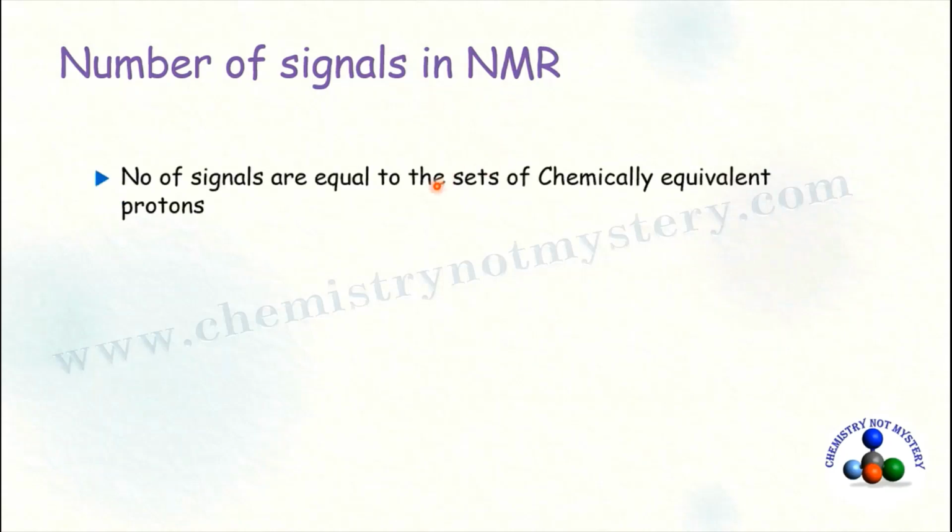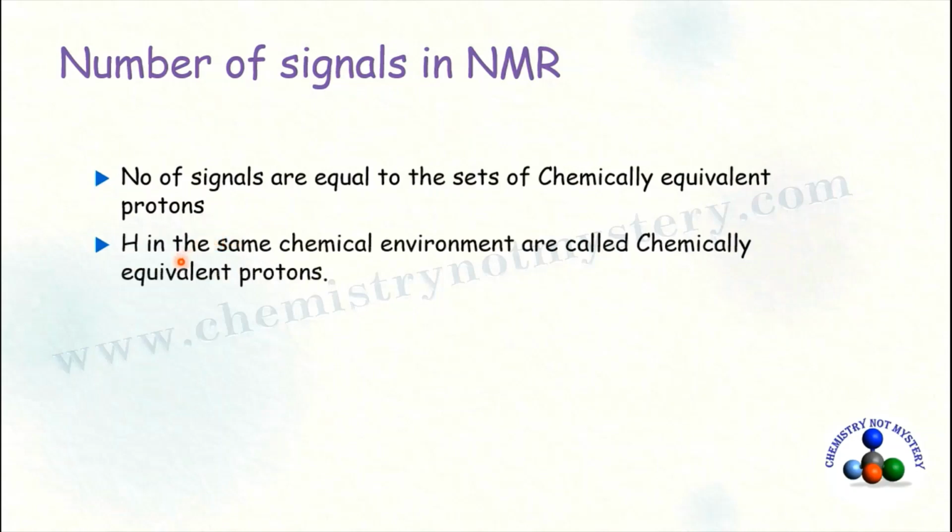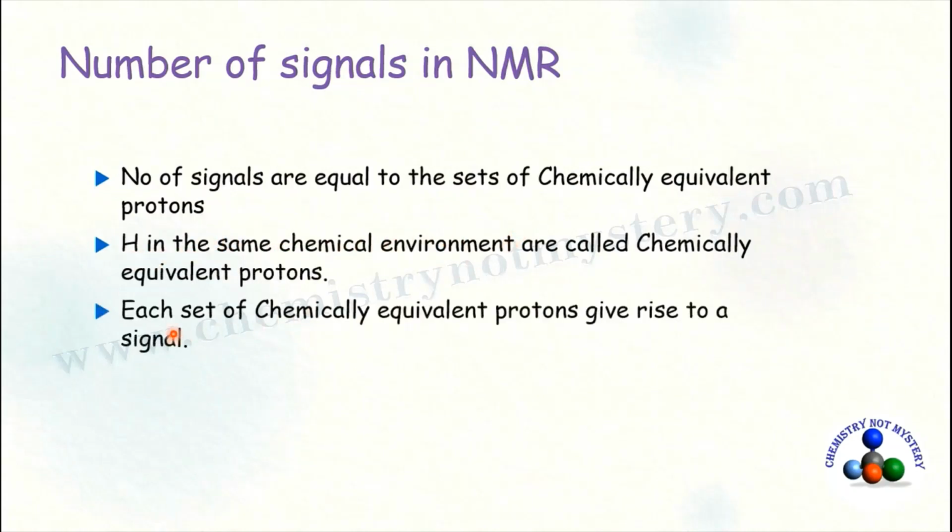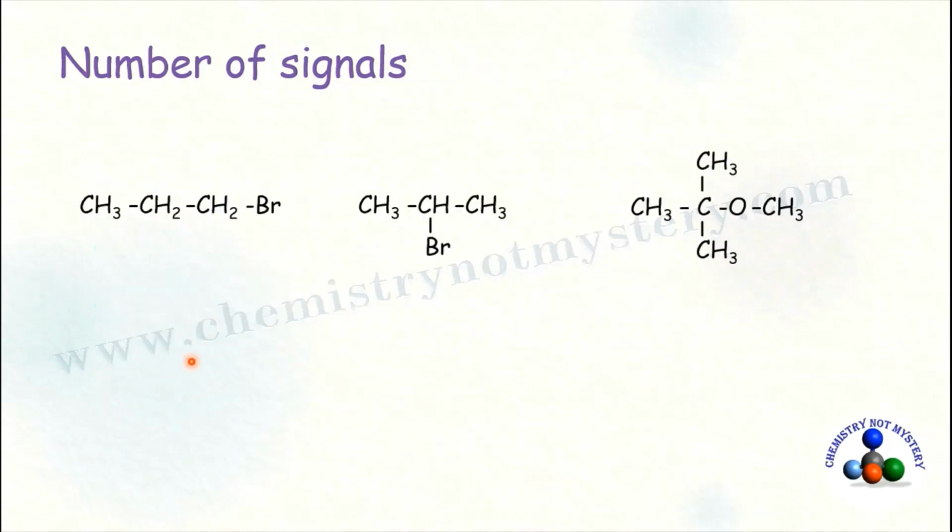The number of signals in NMR is equal to the sets of chemically equivalent protons. Chemically equivalent protons are the hydrogens present in the same chemical environment. Each set of chemically equivalent protons gives rise to a signal. To get the number of signals in the following molecules, first you have to identify the sets of chemically equivalent